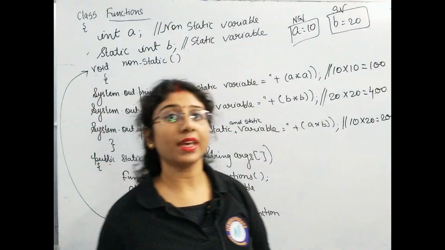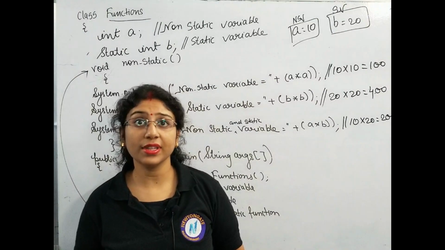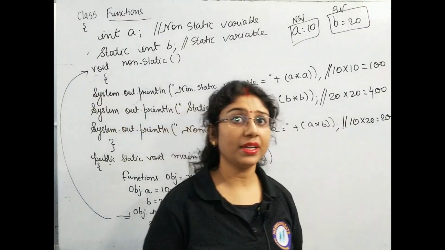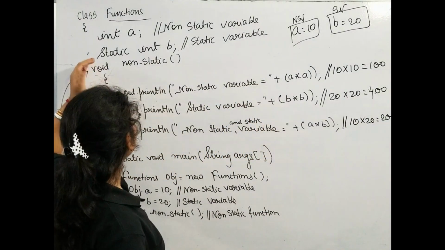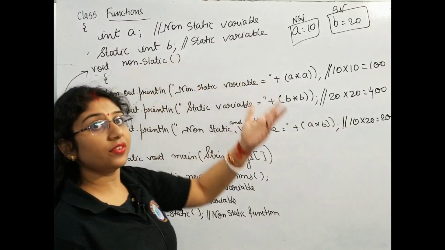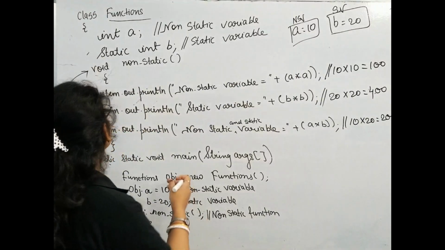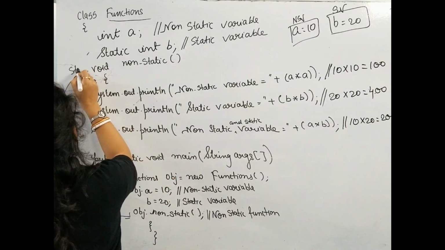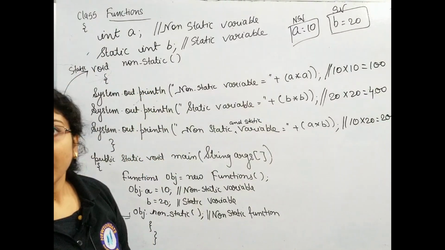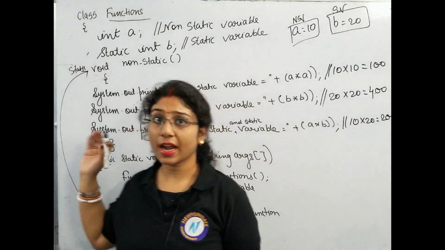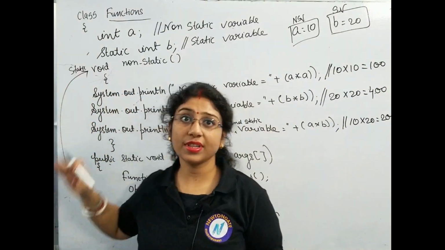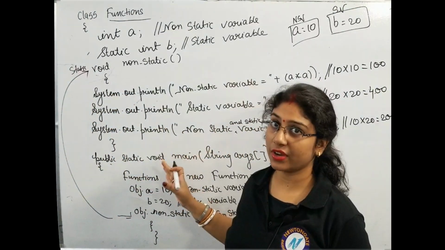In the following way we can access the non-static and static variable inside a non-static function. In the next part I will discuss what happens if I make it a static function. For making it static there is no such problem, we just use the static keyword before this. Now this function will be treated as a static function. So let's discuss the concept of a static function, how we can access the members, that is the static variable and non-static variable, inside a static function. Okay, a user defined function. Clear?